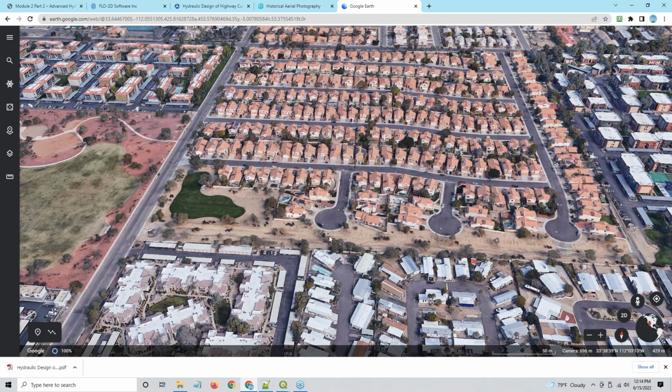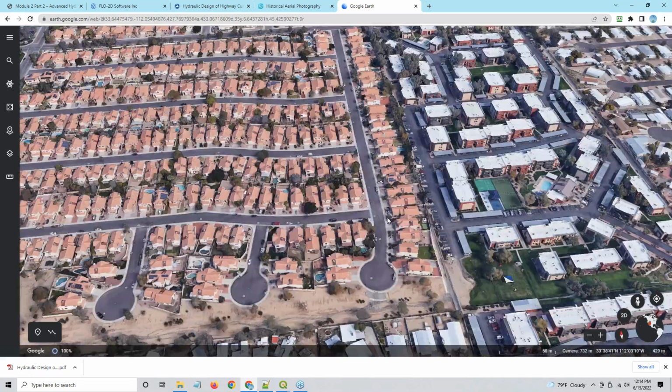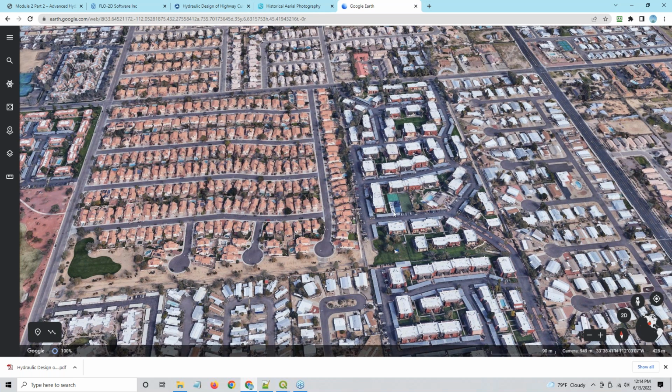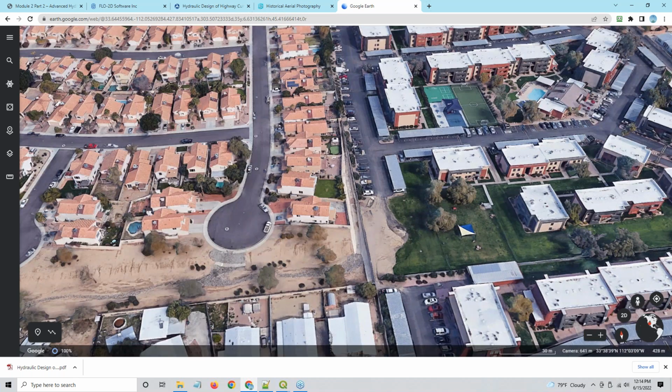So they put this basin in, and not only is it related to this development, but also to this development too, because all of these cul-de-sacs are going to come right into this basin, and then fill this basin, and then this basin is connected to the downstream basin. Looks like through